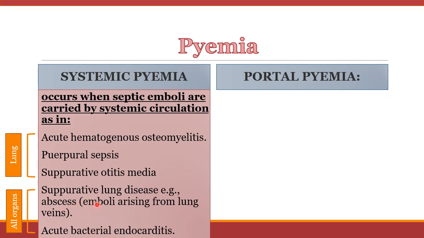So those two last options will actually give the emboli to the arterial side, not the venous side. This is again depending on what we understood in the previous slide according to the circulation basics. So these diseases, for example, suppurative lung diseases, inflammations of the lung that are associated with suppuration, like abscess, or acute bacterial endocarditis that we mentioned before, that can happen on the valves of the